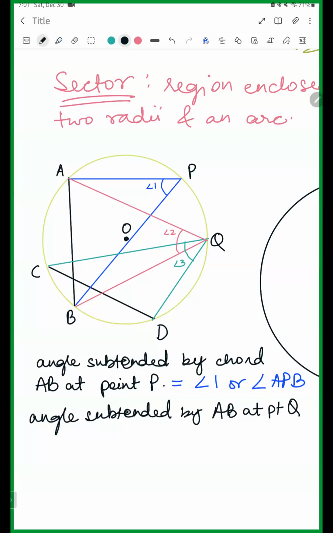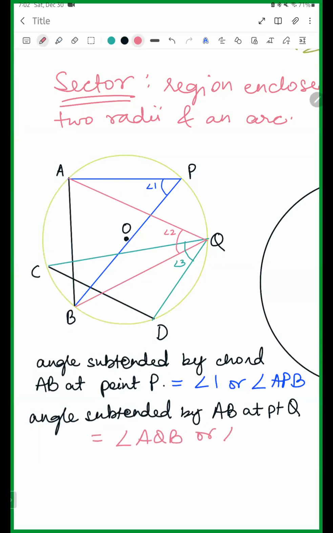Look at AB and look at point Q. First look at AB, then immediately look at point Q and tell me what is the angle that comes in your field of vision. AB, very good, angle AQB